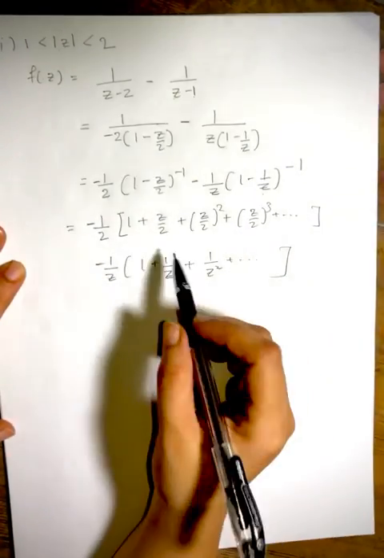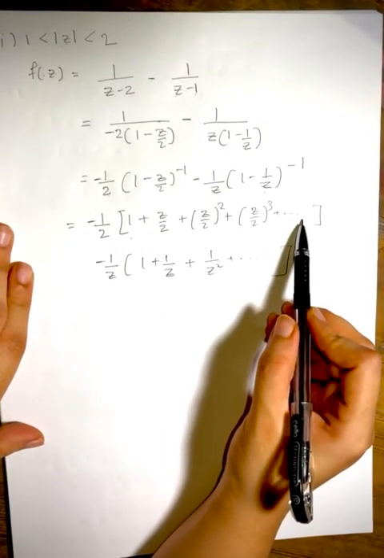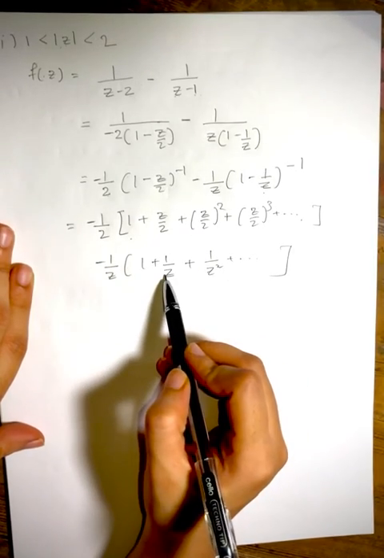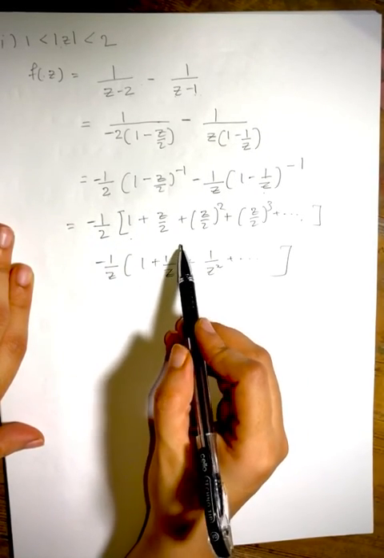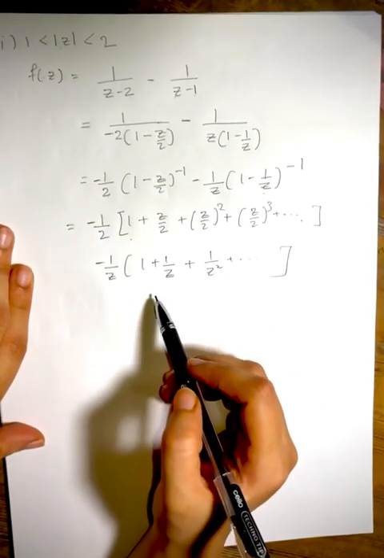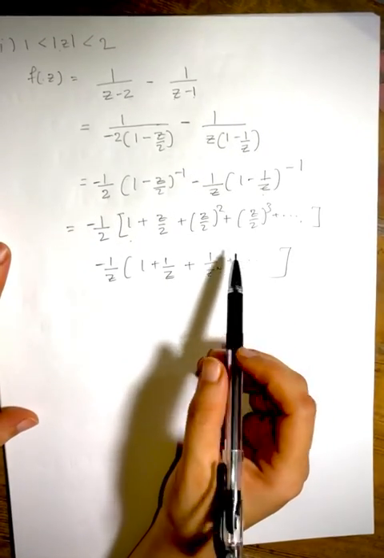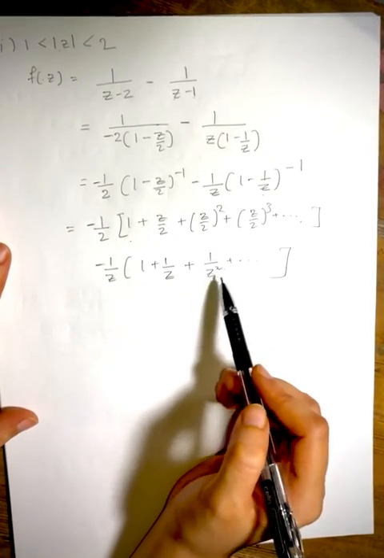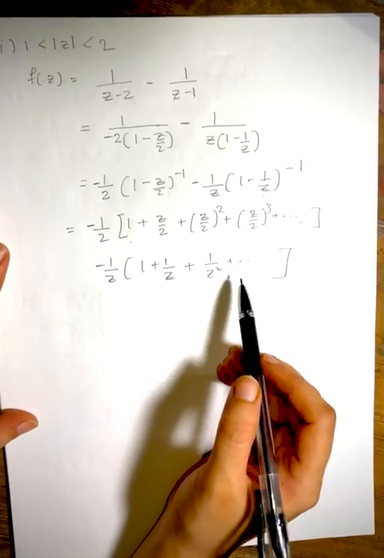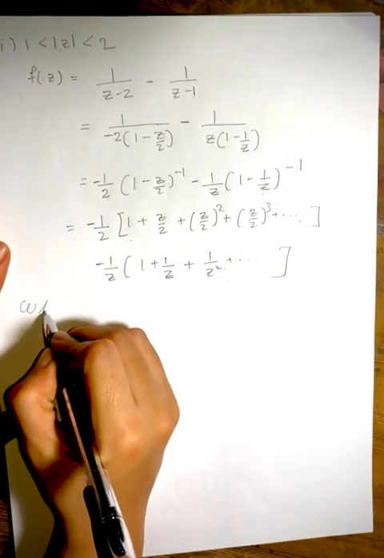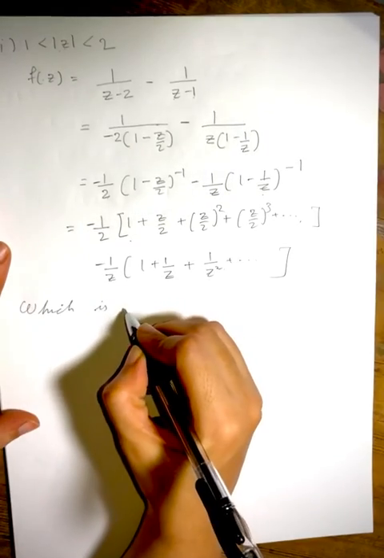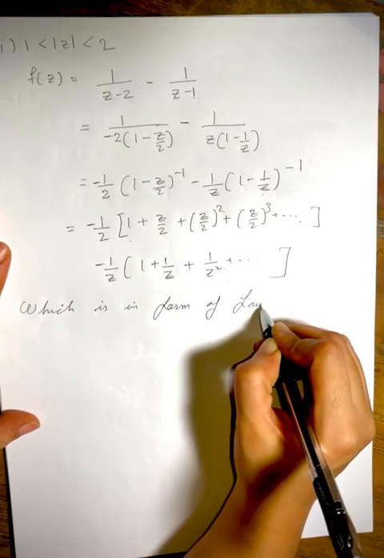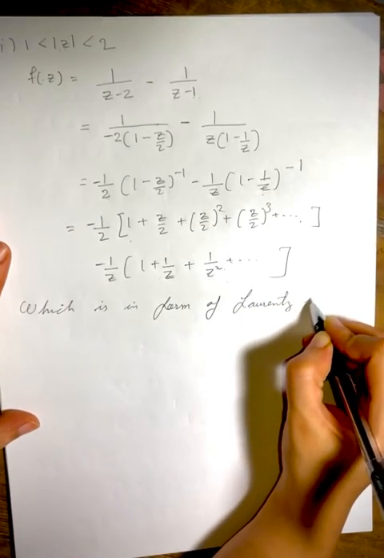So here you see that you have a positive power containing term and negative power containing term. 1 upon something, so this is nothing but 1 plus z to the minus 1 plus z to the minus 2 and so on. So as I told you, when you have positive and negative containing terms or only negative power containing terms, we will say that we have a Laurent series. So this is in the form of Laurent series.